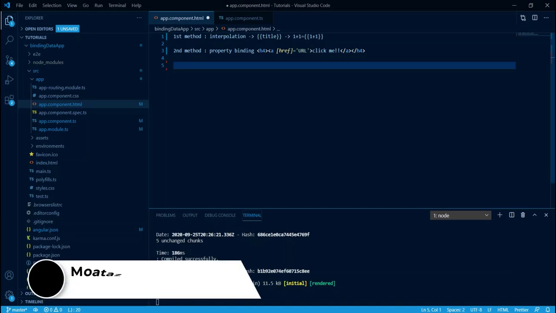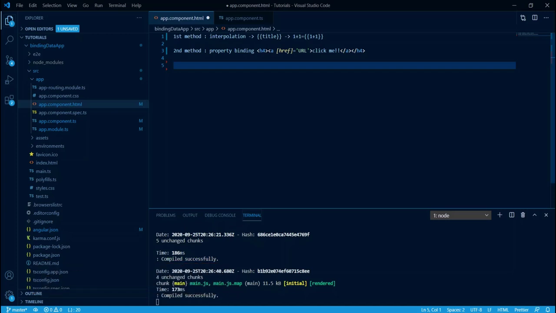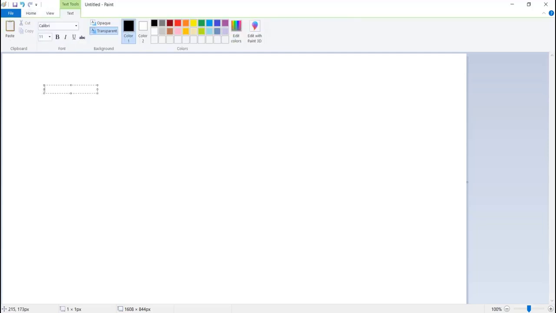So before explaining our third method, I want to make some changes or categorization to the binding methods. If we define a data source, whether this was a service or API or even the component code itself, I will call it data source. So from data source to the view or the template itself, there is